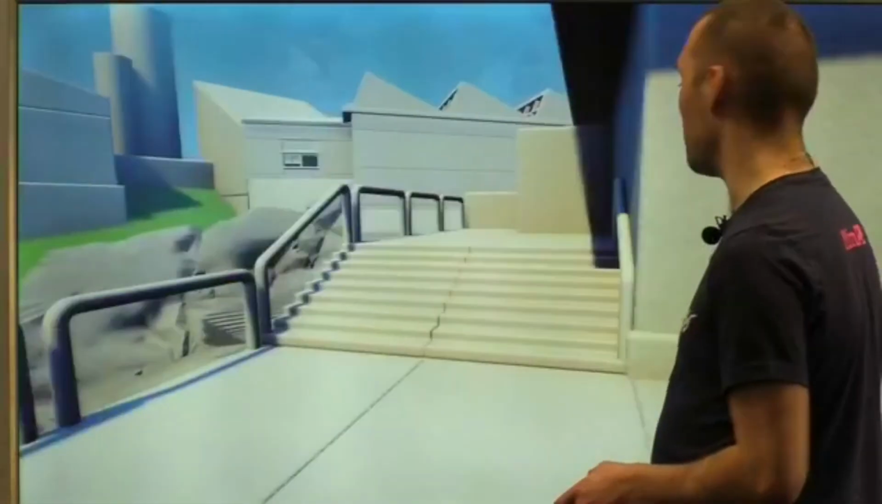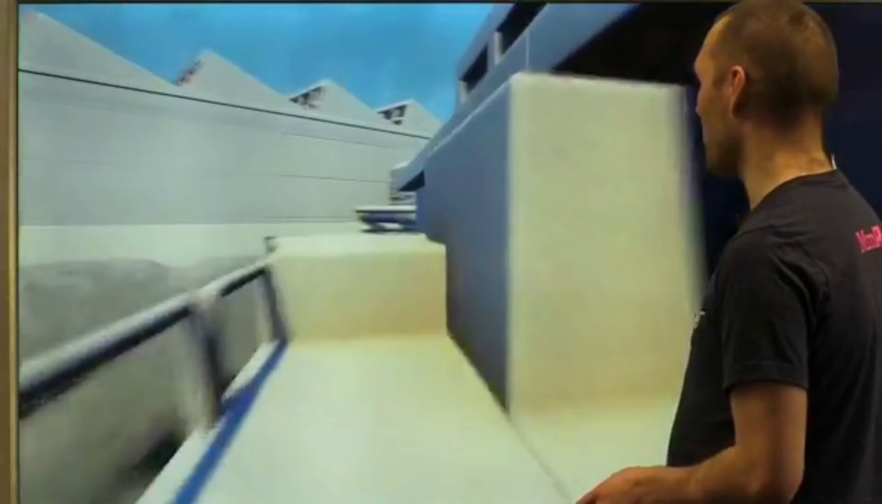Imagine if I fell down it again, that would have been bad. I'm trying to remember what the next part is. Luckily, yeah, so